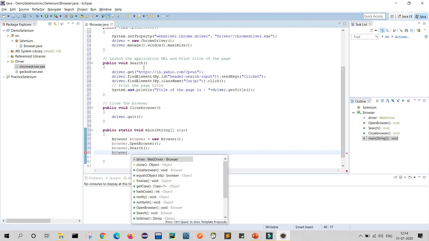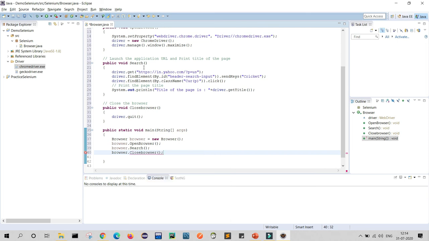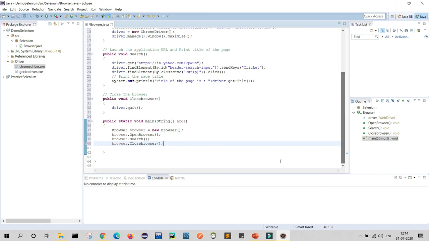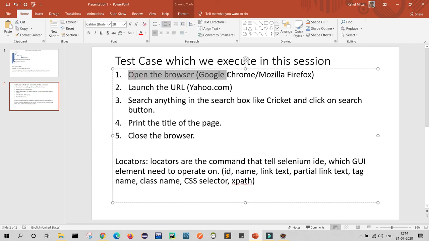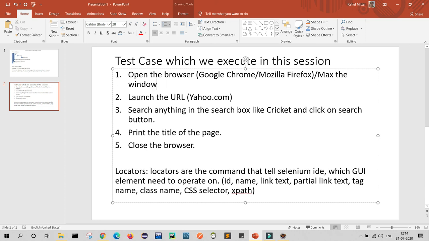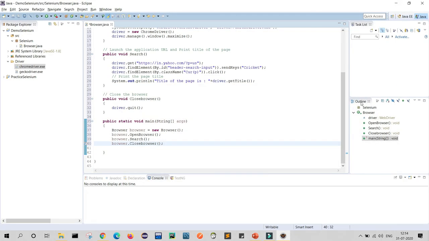So you can see whatever we have decided in our steps, first we open the browser. Here I am using Chrome. After that I will show you for Mozilla Firefox. Then we launch the URL. One more activity we have to do is maximize the window. Here to maximize the window you can write maximize the window. Then we print the title and close the browser. The similar activity we have completed here. We just save it and we will run it.